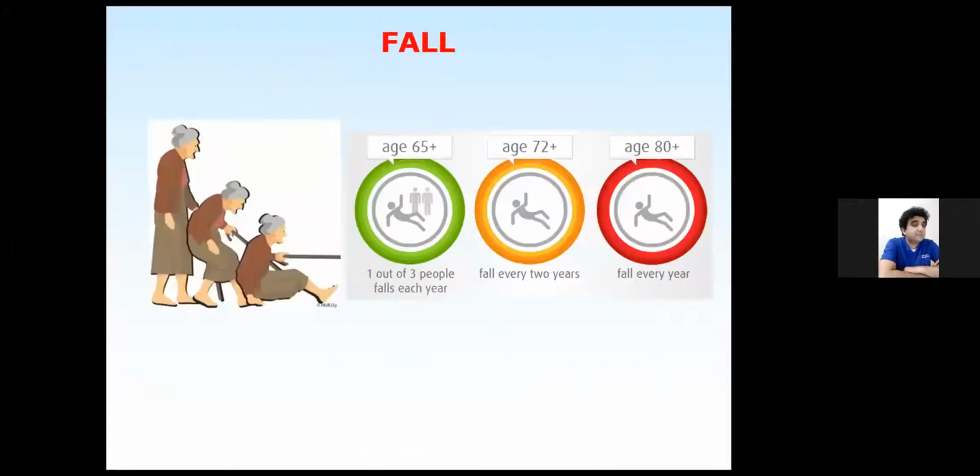Next slide, please. Now, if you look at this particular slide, this is why falls have a big impact in the elderly: the incidence and prevalence of falls. Above the age of 65, in the first circle that you see, 1 out of every 3 people falls each year. That's a huge number, about a 33% risk of falls. As we age, if you look at the middle one, the amber one, people aged 72 plus,